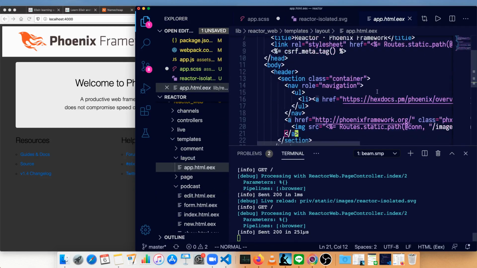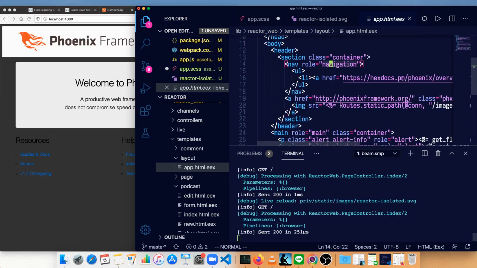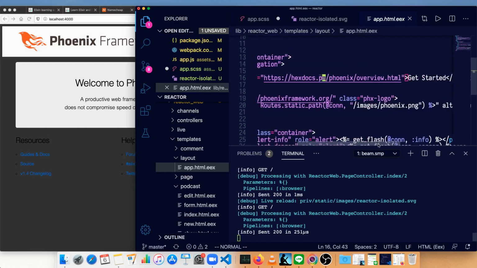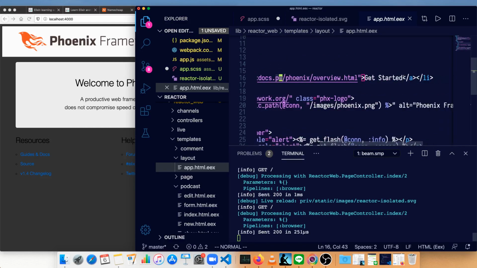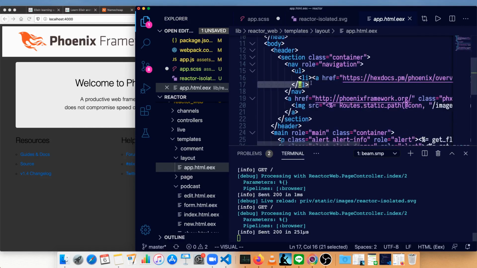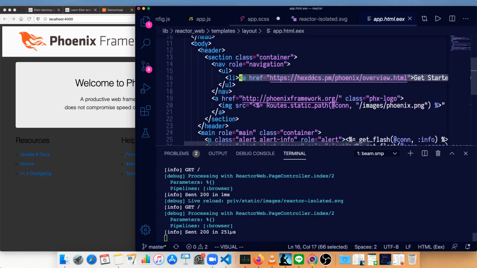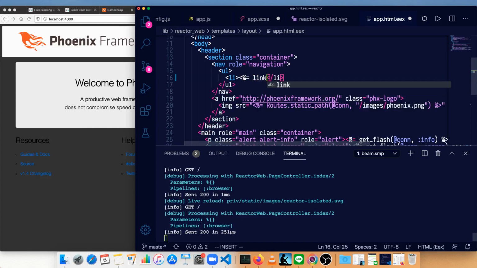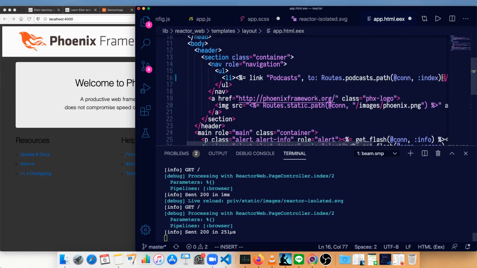And in here, we can see we've got the link to the Phoenix stuff, which we don't really need at the moment. We'll change that to a link to our own podcasts. So let's just delete that, and we'll make another tag, which will be link podcasts to routes.podcasts path, conn and index. So that new thing will replace get started with something that says podcasts, and it'll go to